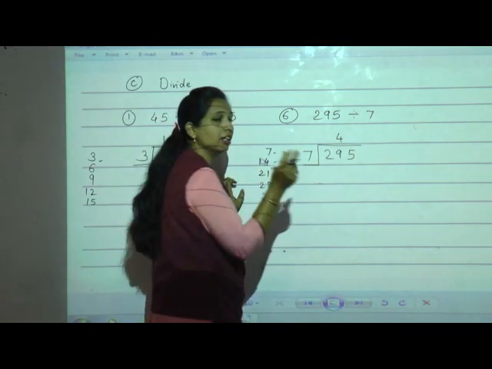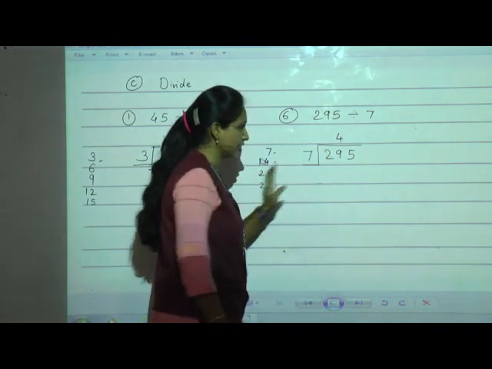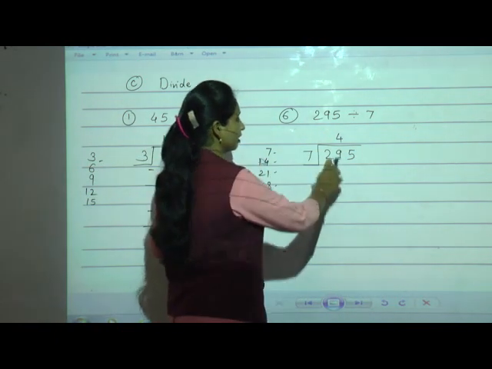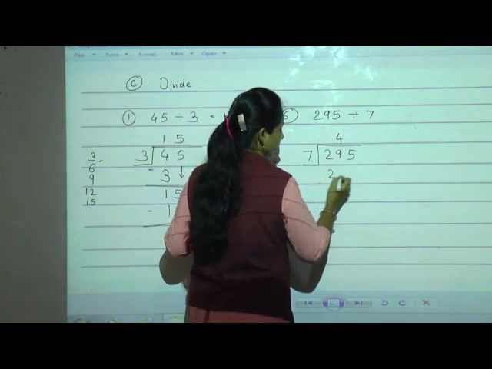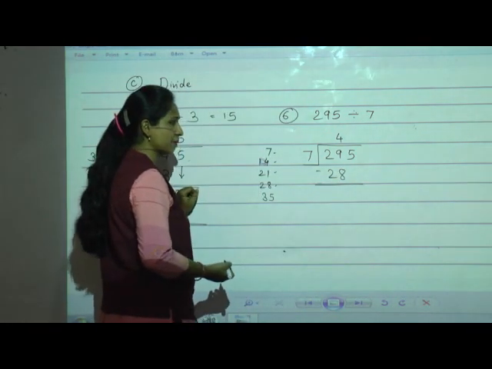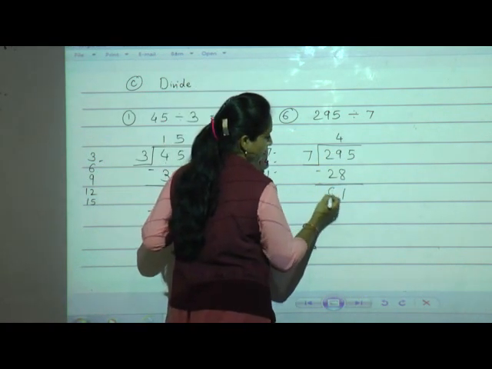So we are doing with the 2 digits. So don't write at the higher digit, meaning the highest place value. Go with the next place value, that is tens place. So write the quotient in tens place and write the number below the 29 and do the subtraction. Now 9 minus 8 is 1, 2 minus 2 is 0.